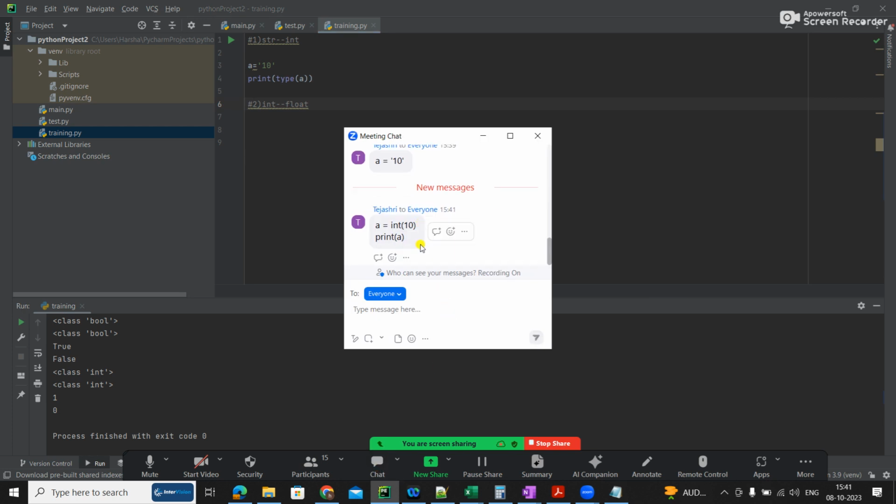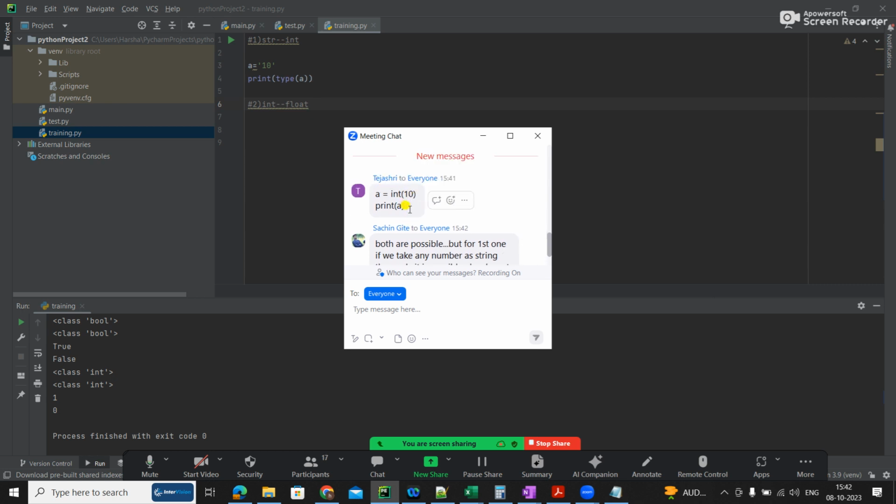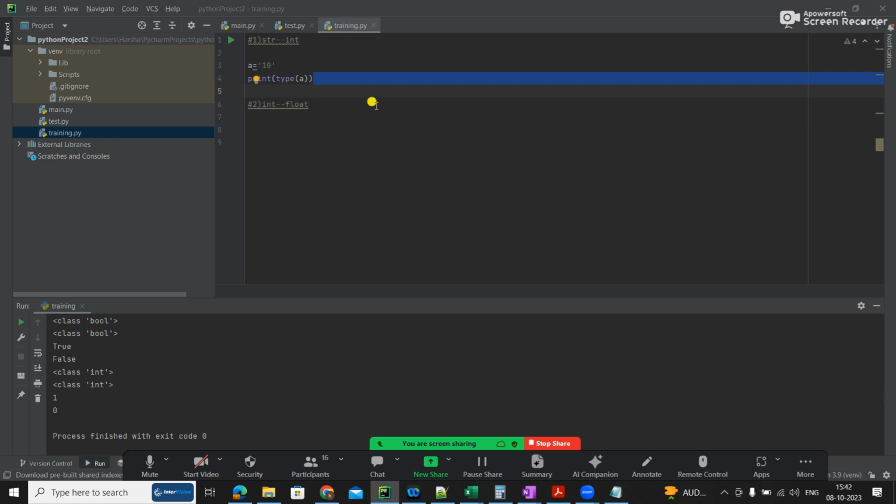Okay. So a equal to int of 10, print of a. Both are possible, but for the first one, only if you take the number as a string is it possible, else not possible. Okay, let me see. So what is the thing now? It is for string to integer.